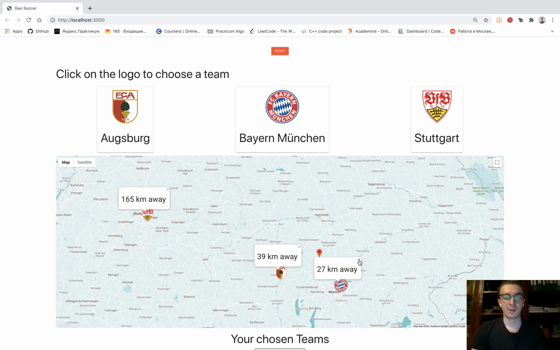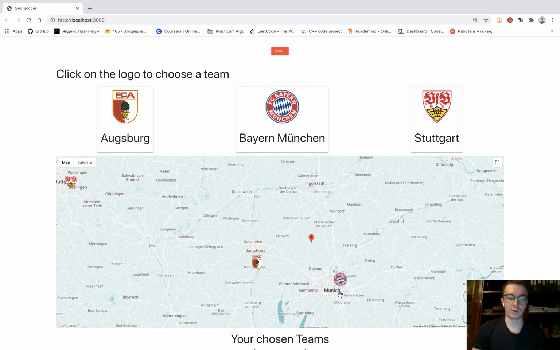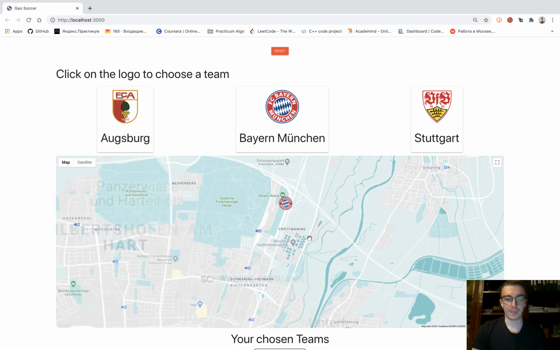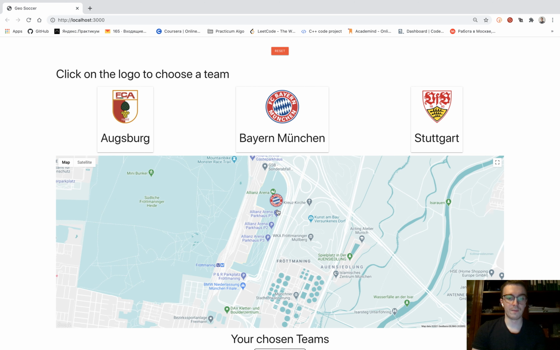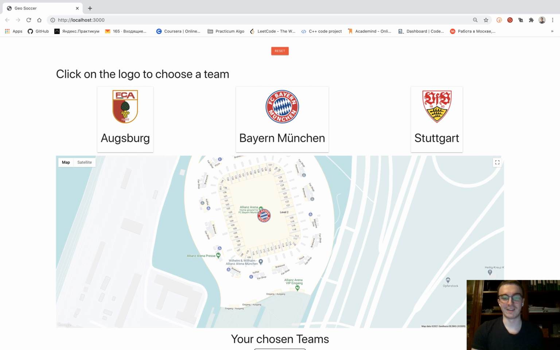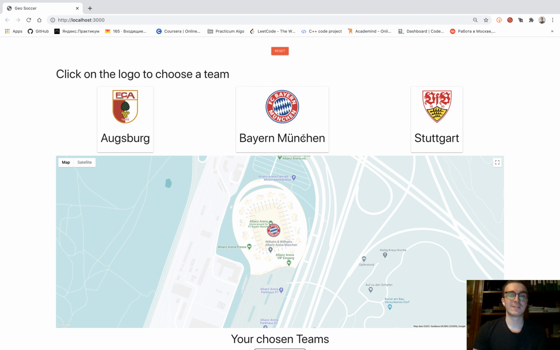Also the distances to these teams are shown here, and I can see that the location of the team is actually right inside Allianz Arena, which is shown here on the map as well. So I can just choose Bayern München,